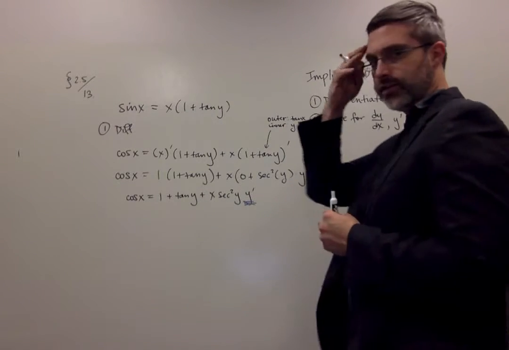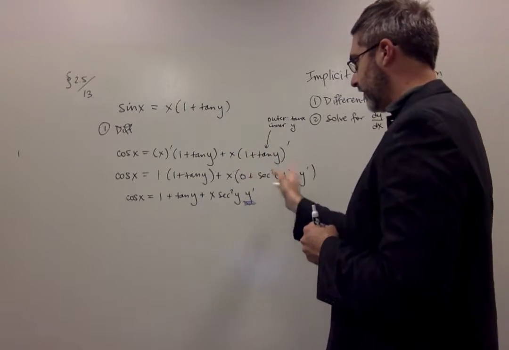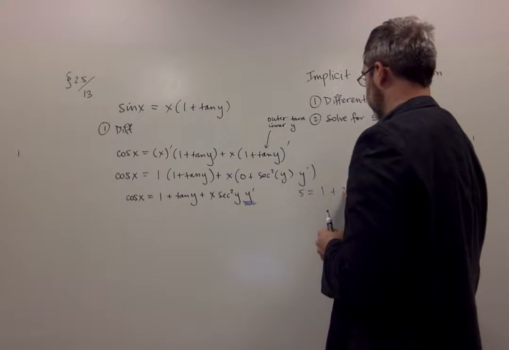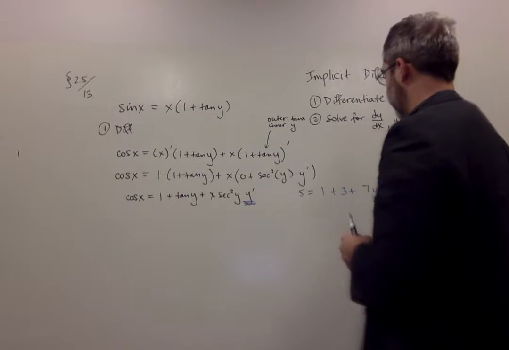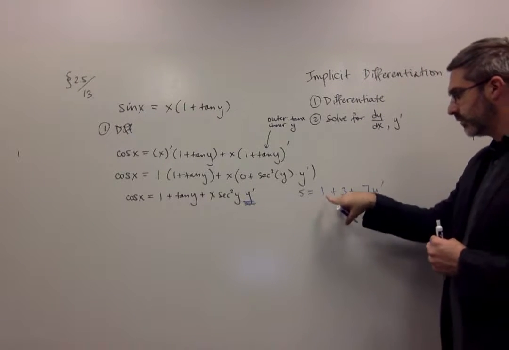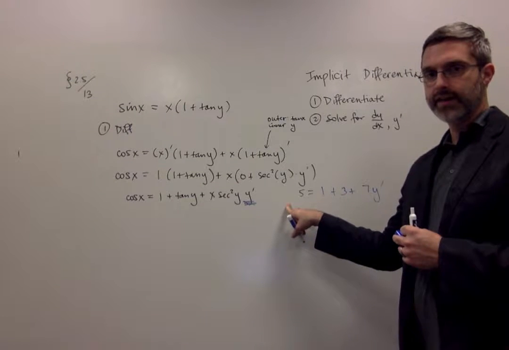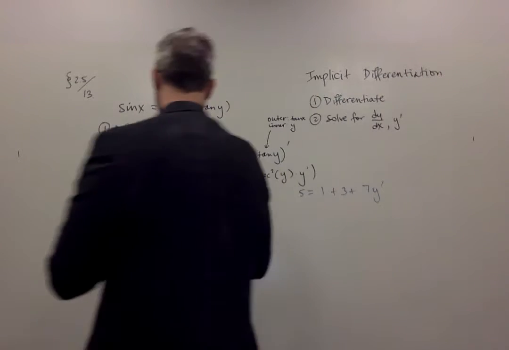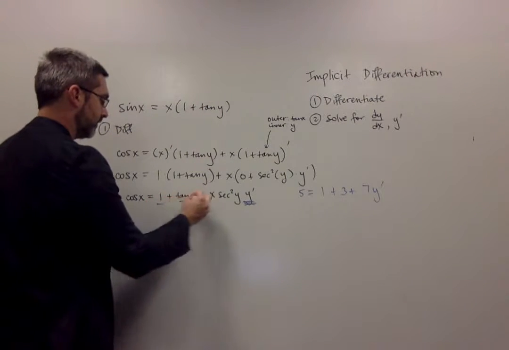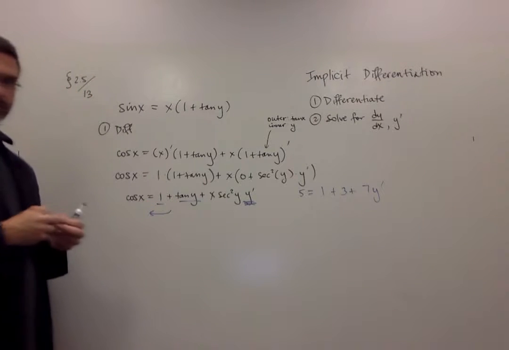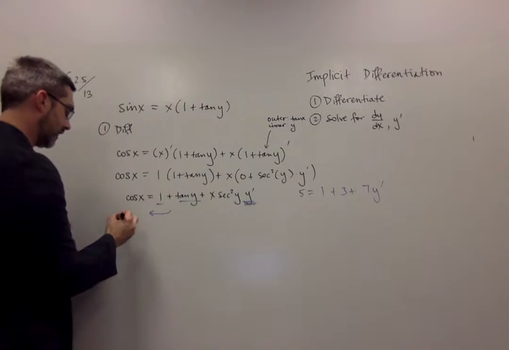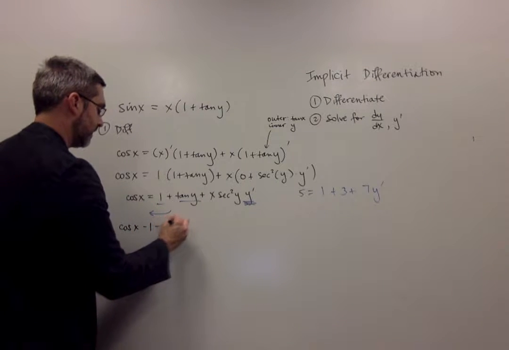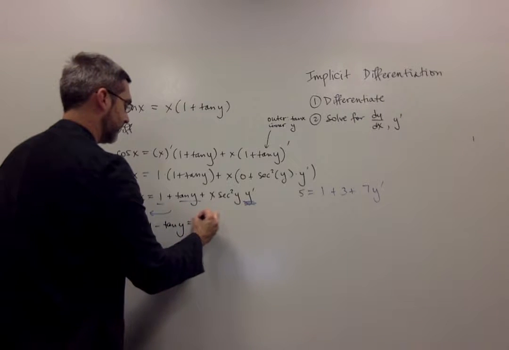So again, if I think in my head, if everything except y prime were numbers, like if I had 5 equals 1 plus 3 plus 7y prime, what I would do is bring these terms over to the other side, then I divide by 7. So I'm going to do that same thing here. I'm going to bring these terms over. Okay, so I'm going to have cosine x minus 1 minus tangent of y,